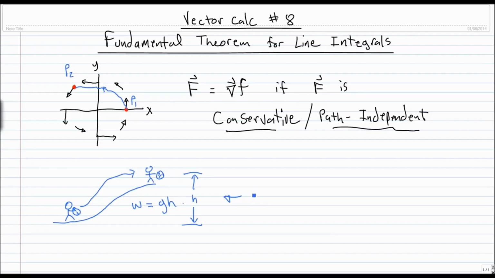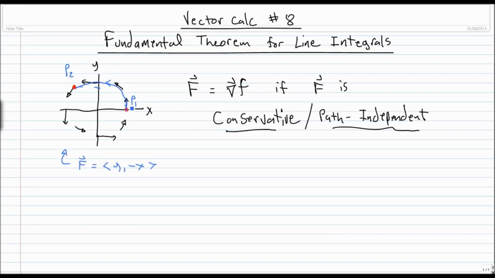the work is path independent. So back up to this example, you can see that if I were to choose a path that followed these arrows around like this, if I wanted to calculate the work that this vector field performed on a particle moving from P1 to P2 along this particular curve, let's call that C1, you would see that all of these force vectors are pushing me in the same direction. So I am, and since I'm displacing in the same direction as the force,